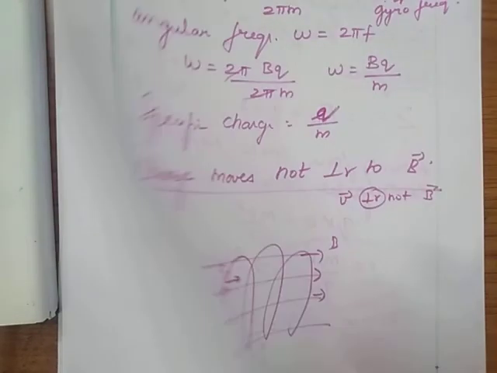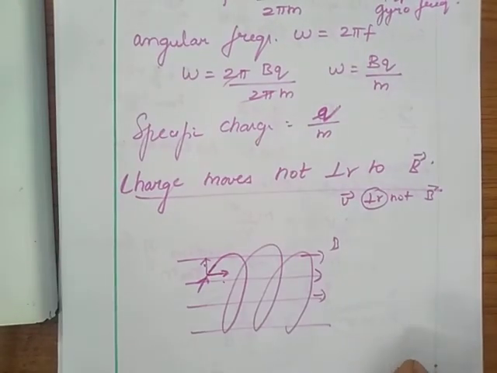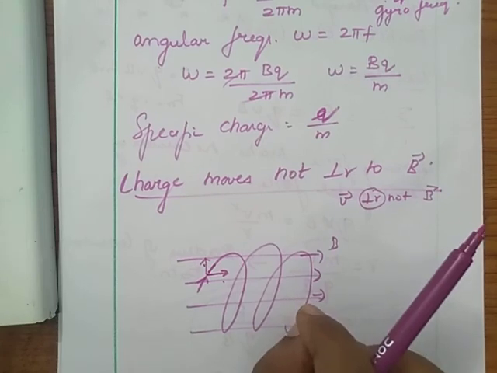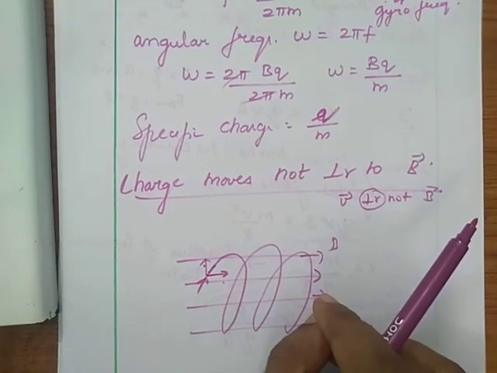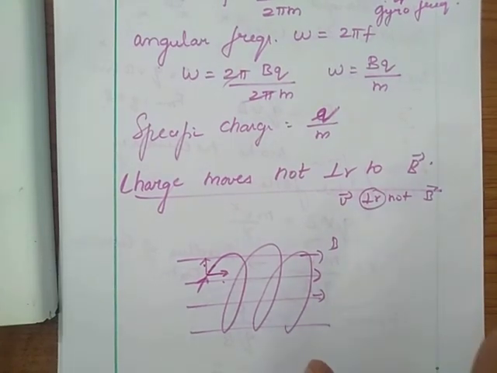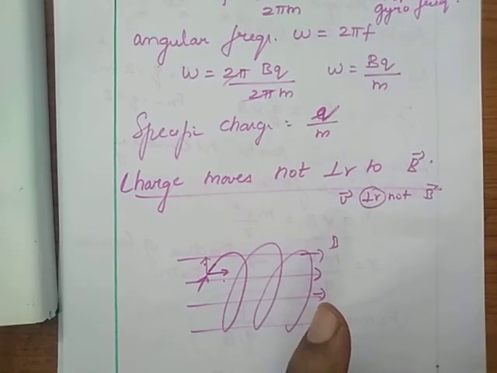In this topic we learned about the Lorentz force. The Lorentz force is the force experienced by a charged particle under the influence of both electric and magnetic fields when the charge is in motion. If the charge is at rest in an electric field, it experiences a force. But in a magnetic field, it does not experience a force at rest. Only under motion does it experience a force.